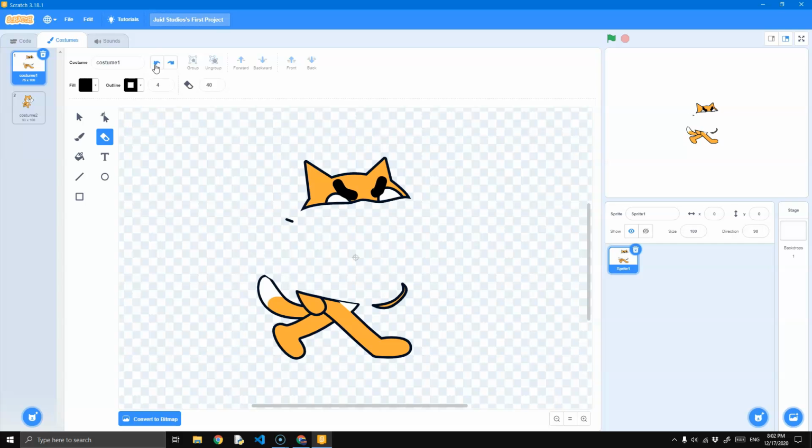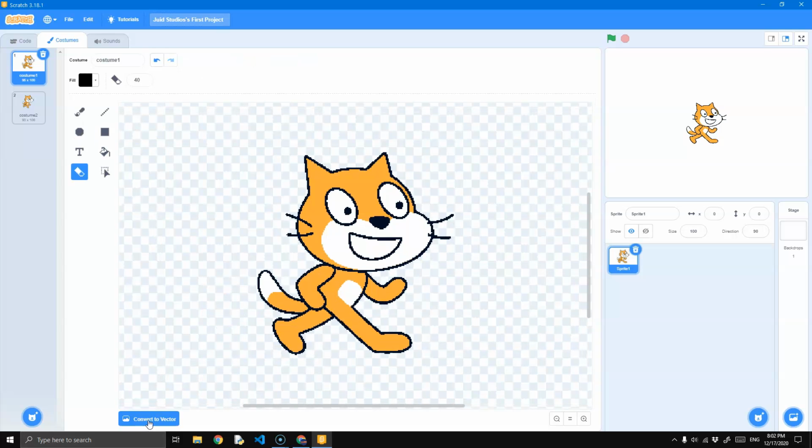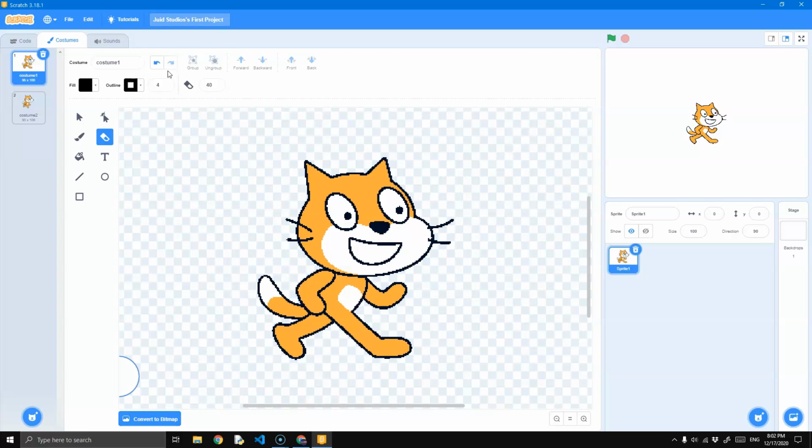Fear not, because you can undo stuff. Let's revert him to its normal stage. You'll also notice that there's vector and bitmap. Currently, we're in vector. And convert to vector. But as you can see, if I convert bitmap to vector,